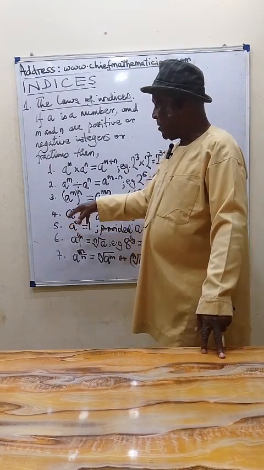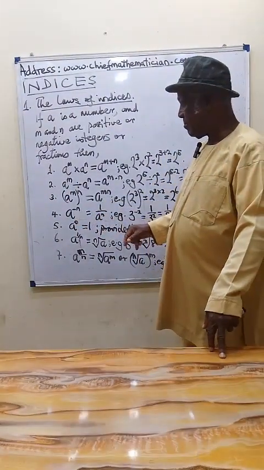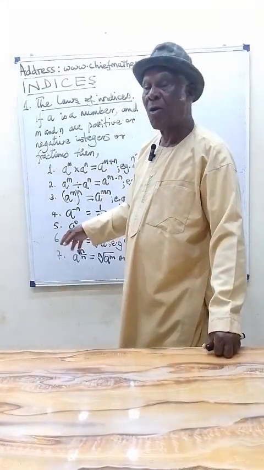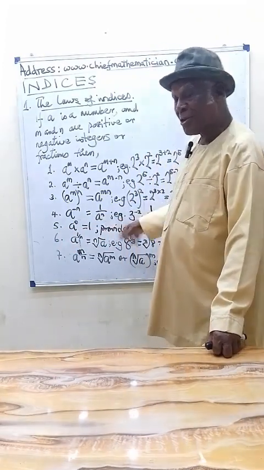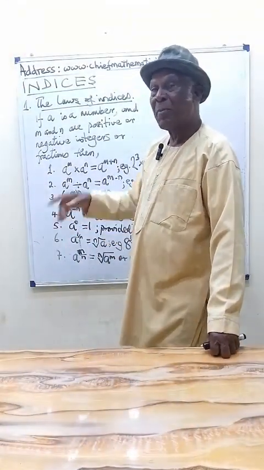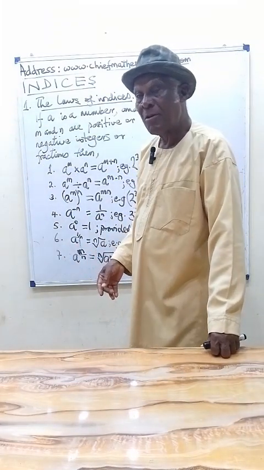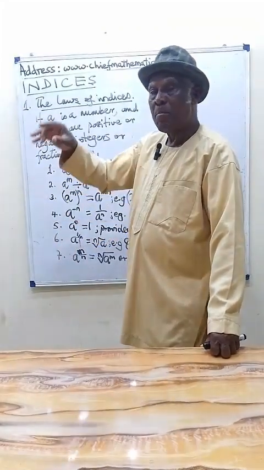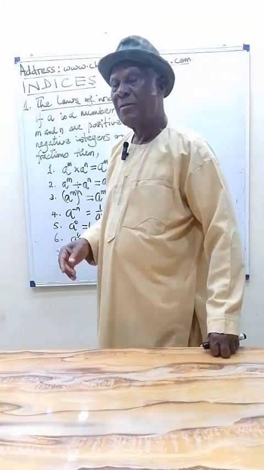Number 5, A raised to the power 0 is equal to 1, provided A is not equal to 0. That law is very interesting. This proviso is telling you that you cannot raise 0 to the power 0 and get something. It's not possible. Raising 0 to power 0 to get 1? But interestingly,